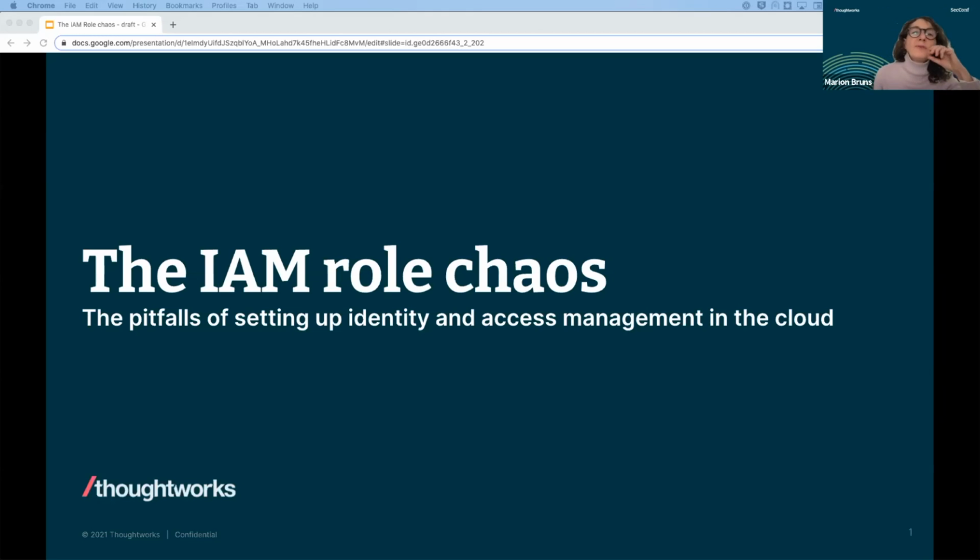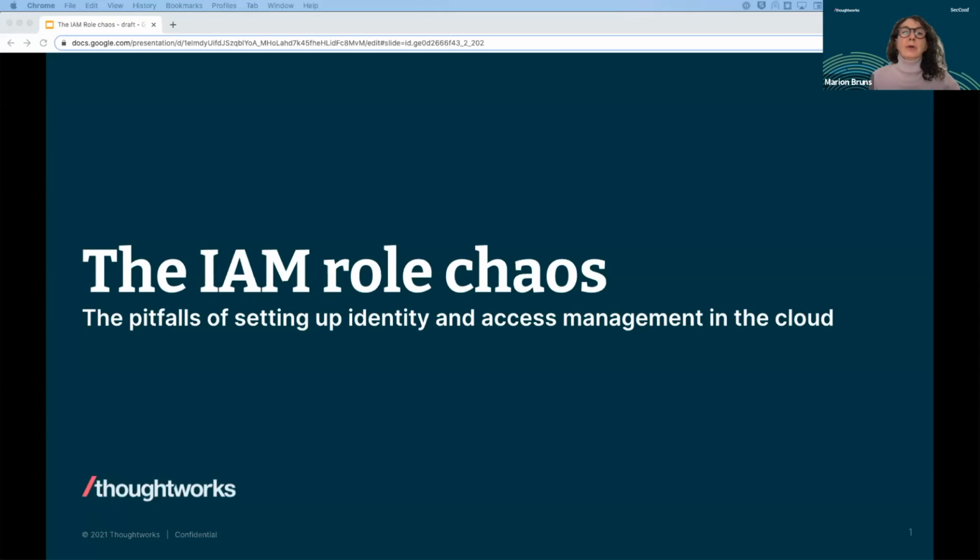The pitfalls of setting up identity and access management, with a slightly provocative header, the IAM role chaos. You may ask, why chaos? Well, IAM is complex and it is really challenging to set up. If you start right away without any strategy, you may run into a mess which is hard to maintain and hard to refactor.